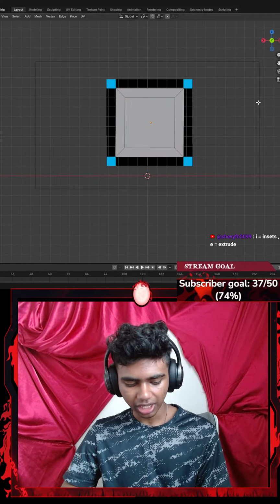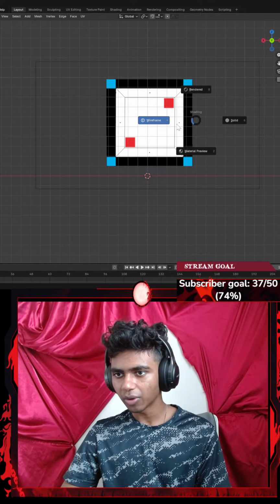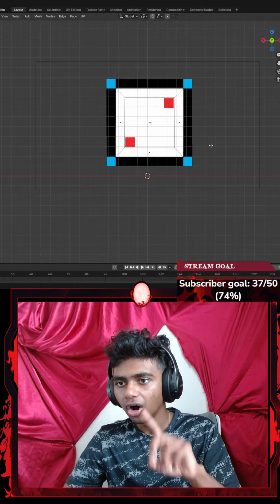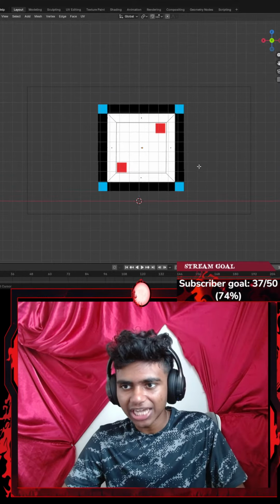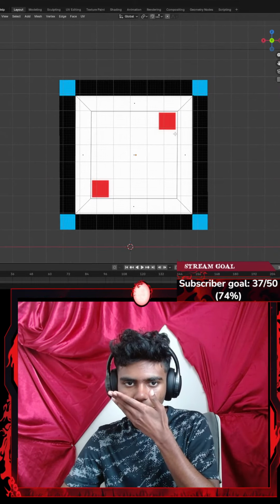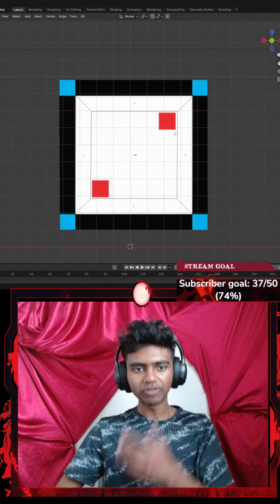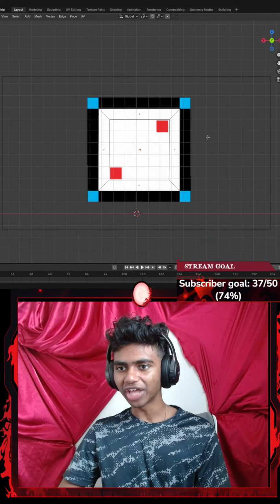Okay, let's go with something like Control. Actually, let's go with Z. Let's go to my wireframe mode. There we go. Okay, now I gotta go ahead and add my tiny cubes. So I'll need 2 tiny cubes. But you can press A to select all faces. Honestly, I didn't know that part.